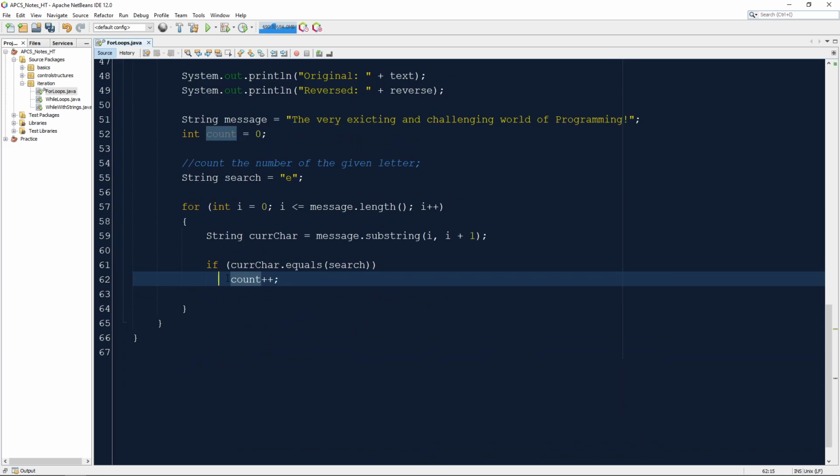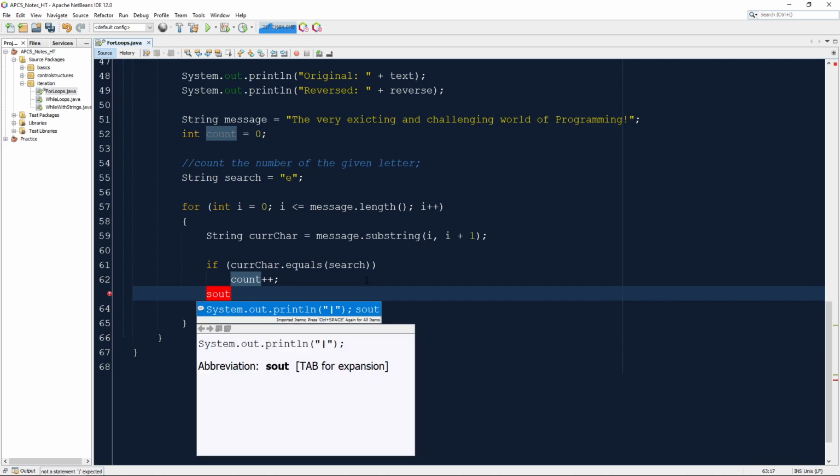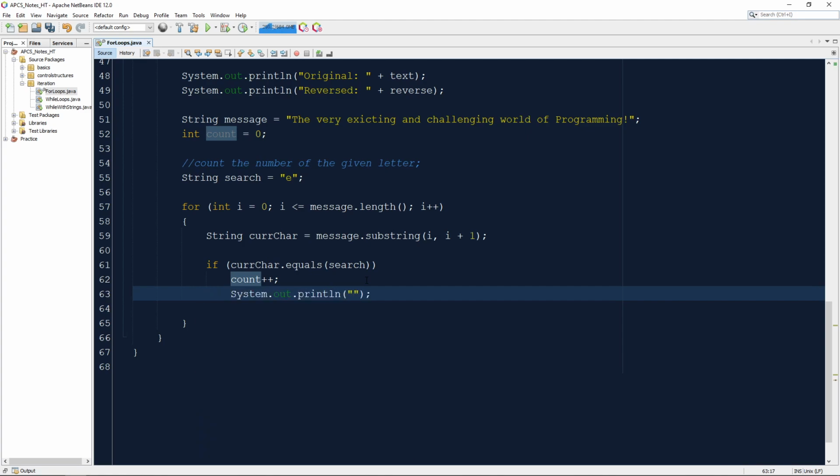The assumption that the compiler makes is that if there is no curly brace, then the next line after the header of the if is going to be the body of the if. Now this is dangerous because if you have multiple lines, so for example, if I realized I wanted to count and then also print something, even if I trick myself by thinking this is correct, that would not be correct. Why? And it's going to potentially warn us. It says